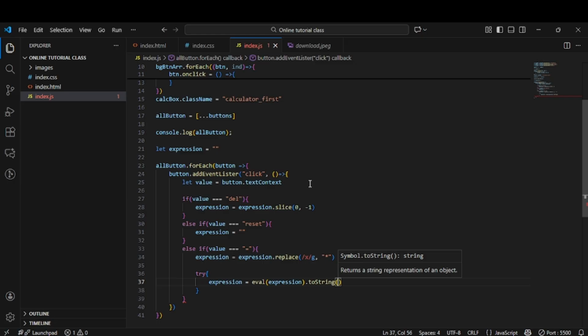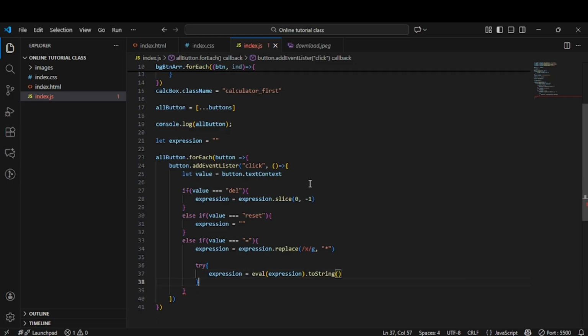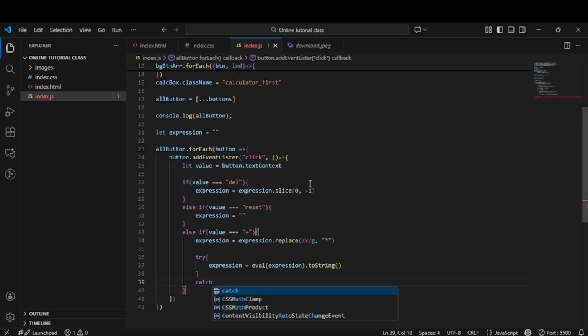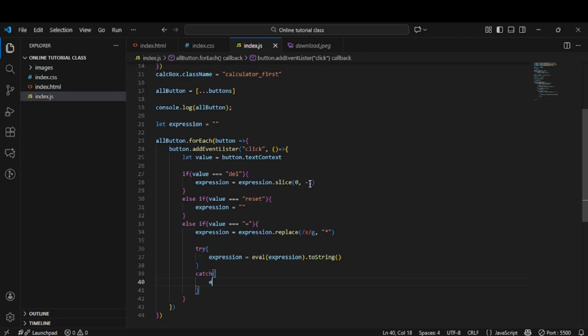This is why I'm making my evaluation. So else, catch error. So else it will be expression to be equals to what? Error,